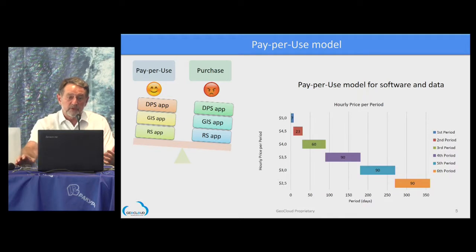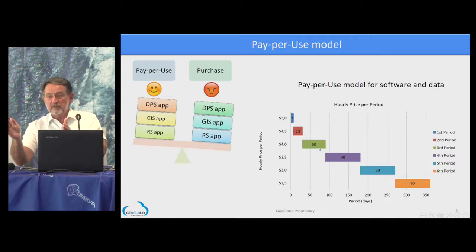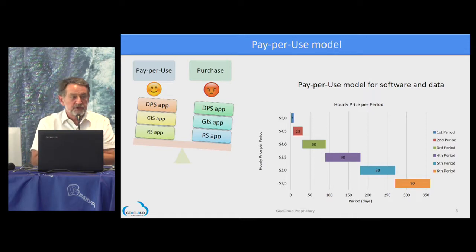The average hourly rate for a 20 to 30 grand software will be around $4. The second portion of it all is that the price of 1 hour goes down depending on how much you use it. If you use the software for a week, you pay $5 per hour. The next 3 weeks, you're going to pay $4.5 per hour. So the more you use it, the less you pay. This is a model that we implemented in this system.